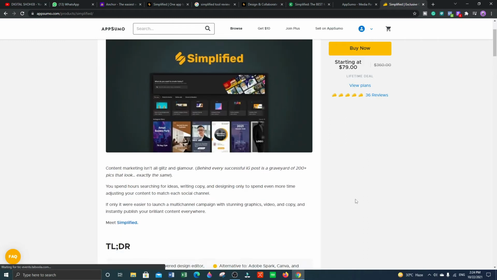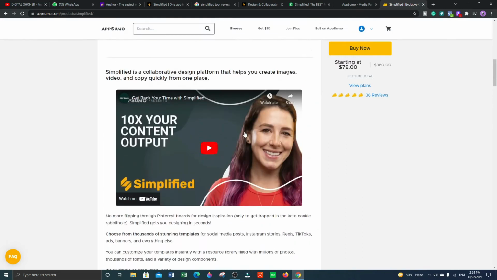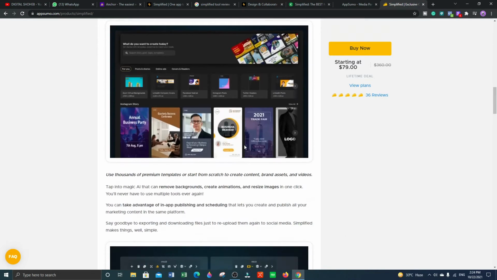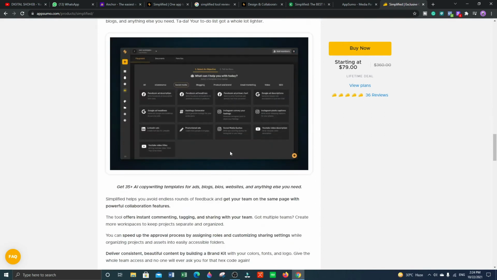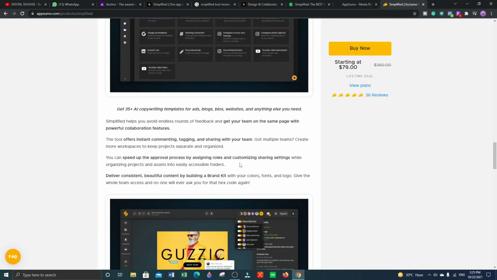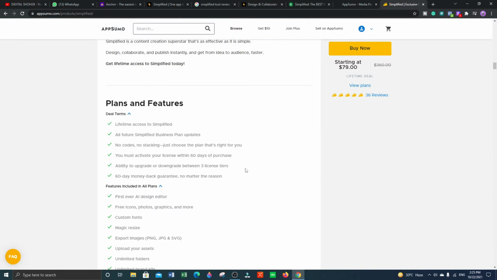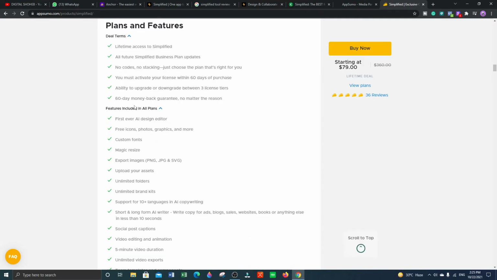If you want to grab Simplified, the starting price is $79, so you can grab this tool at just $79 for lifetime. All the details they have mentioned about this tool, you can read and get better knowledge about how you can use it, what the features are, and many more things. If you look at plans and features, they have mentioned all the features.